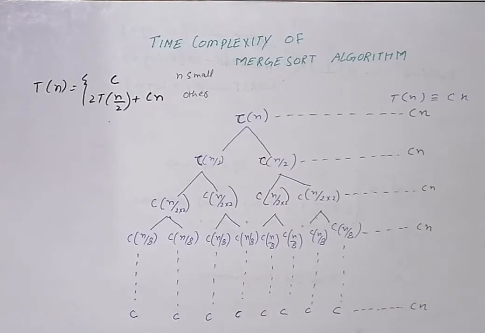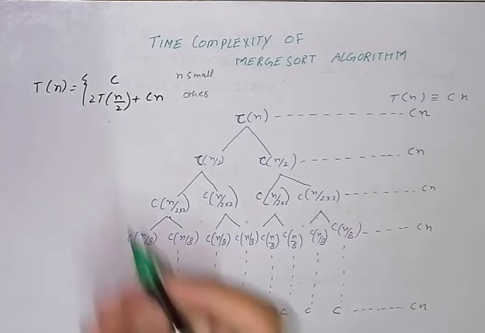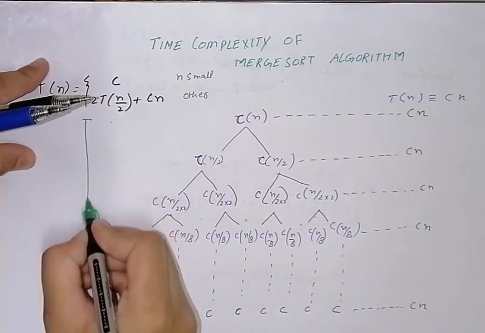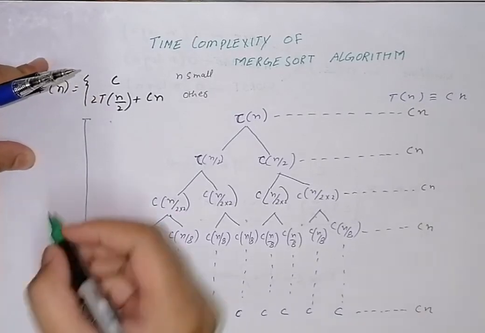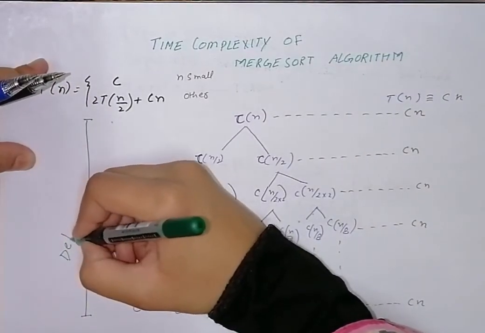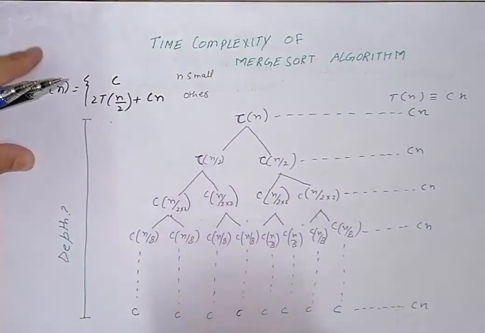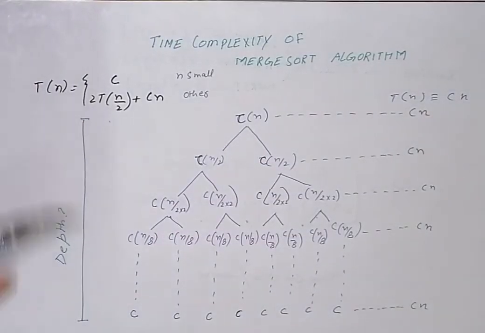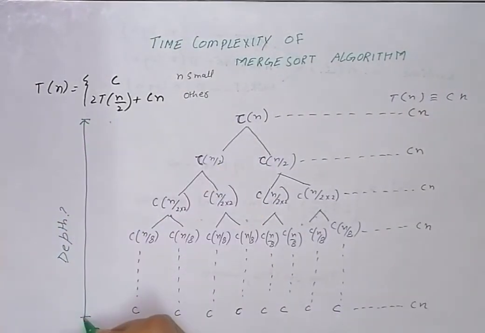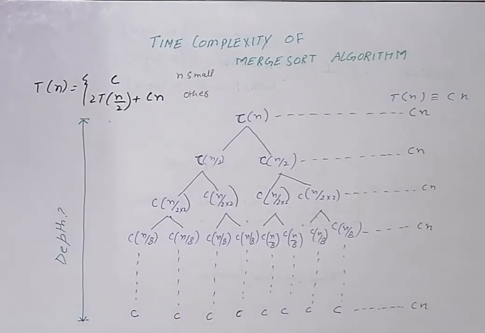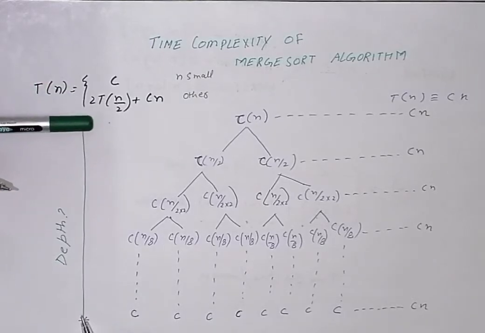So overall, this step, this level, will also become C of n. Now, in order to calculate the overall or full time, I need to figure out the depth of this particular tree. I write it like this, depth. What is basically the depth of any tree? Depth is basically the maximum number of ancestors or parent nodes any particular child node may have. So basically you can see this is the depth of this particular tree.